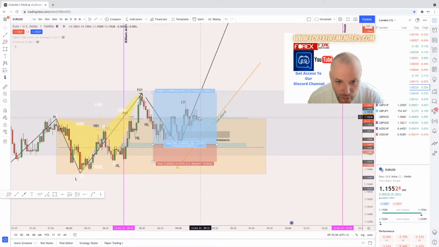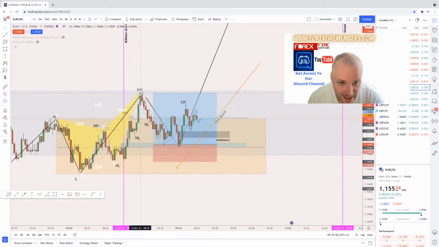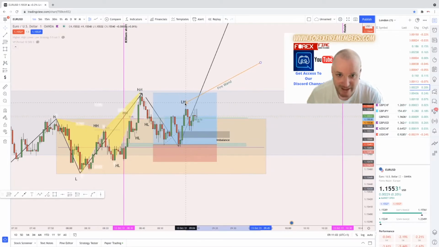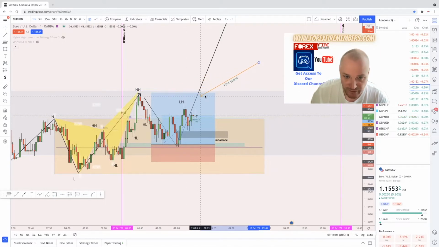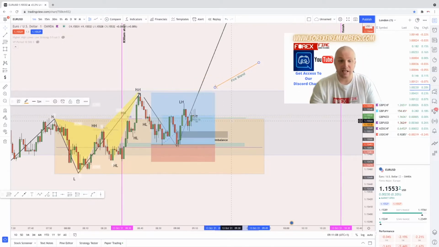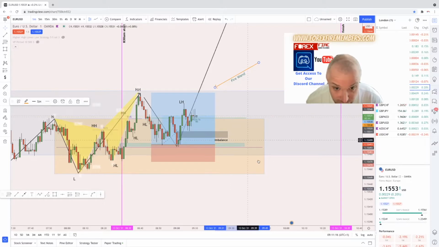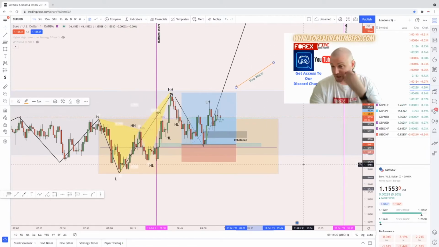However, we are wanting price to exceed and push past this lower high. If it does, I've got every confidence it will then fulfill the 3%. But that's where we are structure wise, that's where we are today, that's where I am on this particular trade. We are hoping that this one will come out, because it'll be our first sort of win